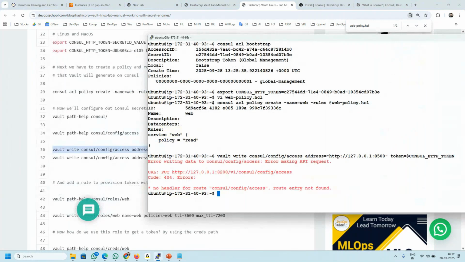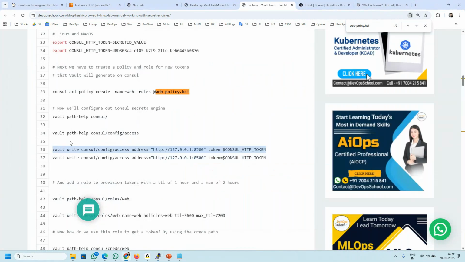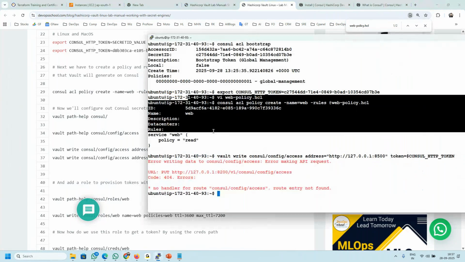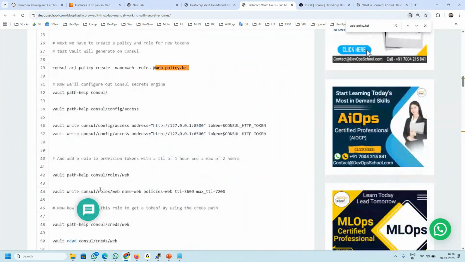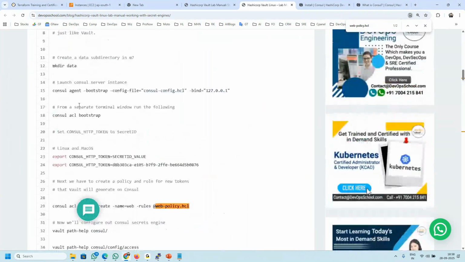I'm sorry, I have to change this. Wait a second. Did I set it? Yeah, I set. What is this? Token you said. Error writing data console. Okay, so this is not enabled. My bad. Console is not enabled. For that, I have to enable it, right? So where is the command for it? Enabling